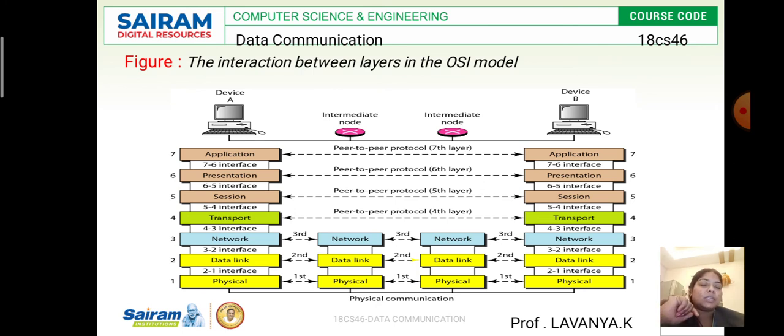Then what is TCP/IP? TCP/IP is a connection oriented protocol. Both sender and receiver have direct connections, and within that link they can easily do the transaction. Because they already have direct connections between sender and receiver, they can easily do the transactions. This is what the TCP/IP protocol is.